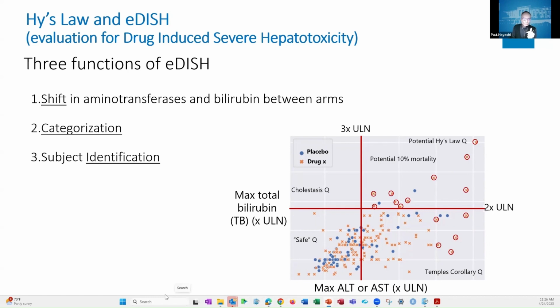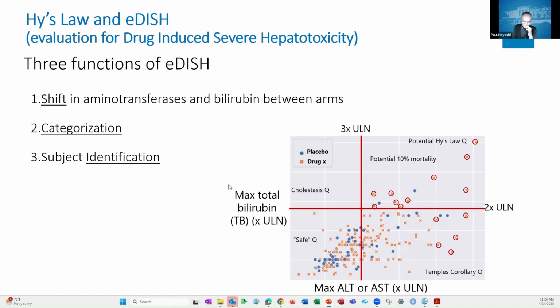So this is what you get from eDISH: normal, standard normal, near normal, clinical trial baselines are normal. But as I said, when you move into the realm of abnormal baselines, then there's a problem. Like this patient here, well, they're in Hy's law, problem. Well, you don't know. That patient could have been there the whole time. They may have started right there and nothing changed. So this patient's fine. They could have even improved. They could have started over here and moved this way. Or they could have worsened. They could have started down here and moved up here. You have no idea because eDISH doesn't capture that.